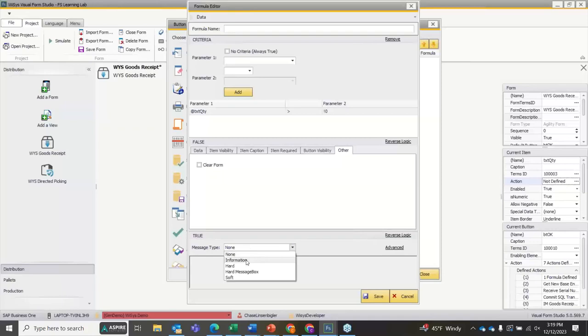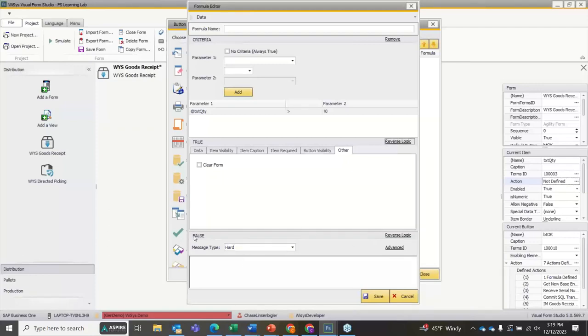So with message types, you have 4 types you can do. An informative message doesn't stop them. It doesn't necessarily provide a validation either. It could just pop up and say, your quantity is positive. Tells them something, they can just move on and keep going, right? I could do a hard stop. That would actually just flash at the bottom of the screen in red, and I could have it say,